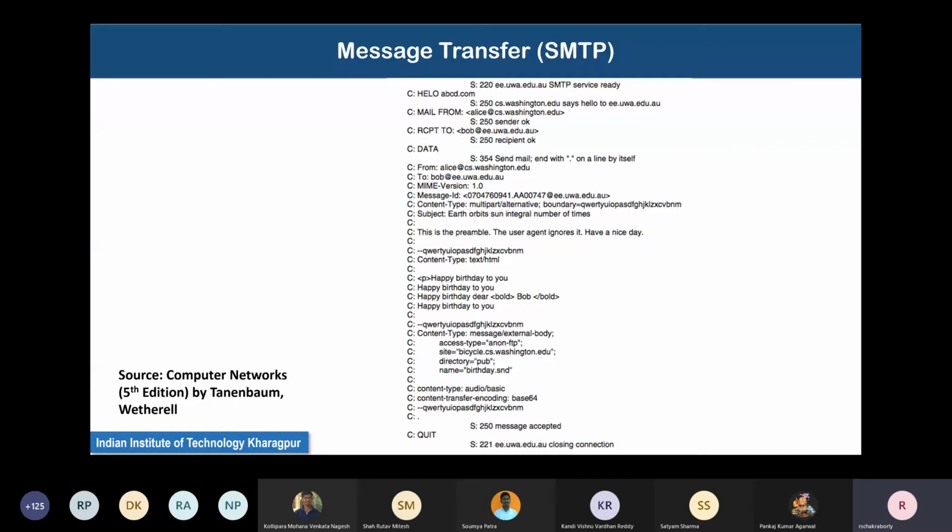So now at the application layer, the server must reply back to the client with this string: cs.washington.edu says hello to ee.uaa.edu.au. In the transport layer, it should reply back saying that I have received the segment that you sent me properly.